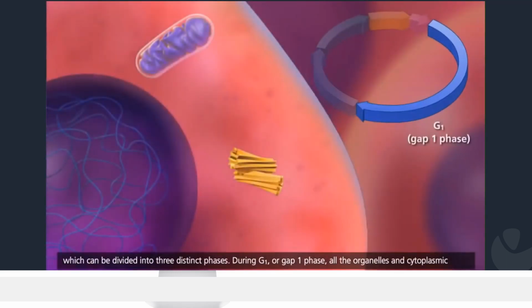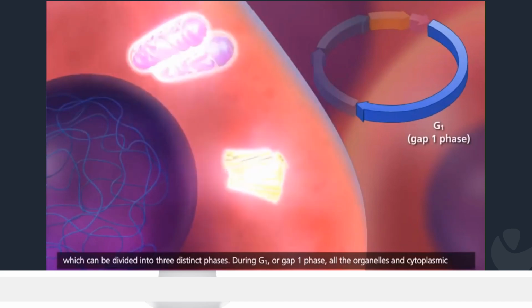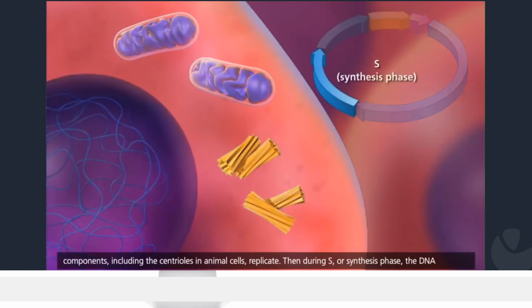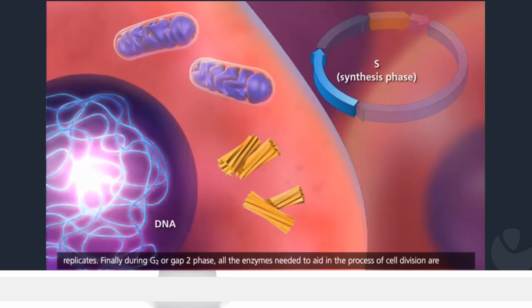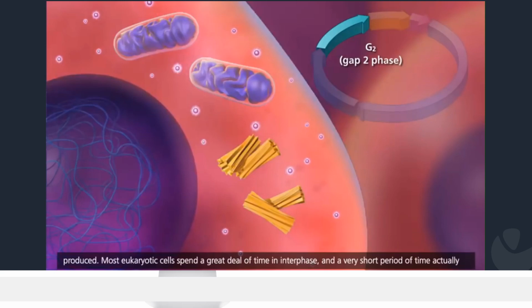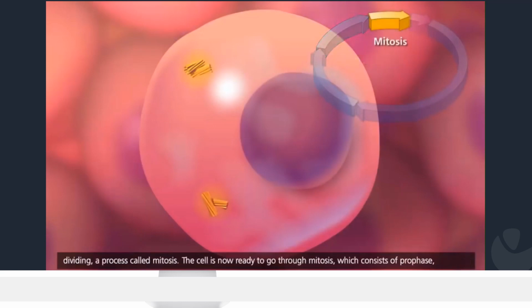During G1 or gap1 phase, all the organelles and cytoplasmic components, including the centrioles in animal cells, replicate. Then during S or synthesis phase, the DNA replicates. Finally, during G2 or gap2 phase, all the enzymes needed to aid in the process of cell division are produced. Most eukaryotic cells spend a great deal of time in interphase, and a very short period of time actually dividing,